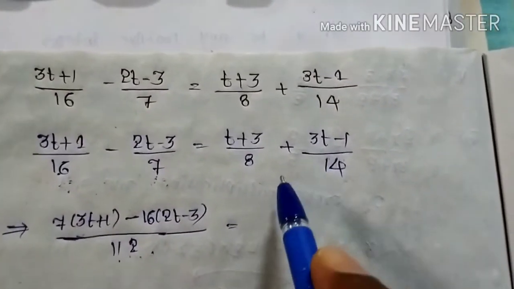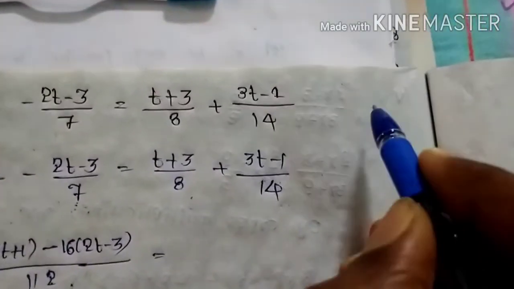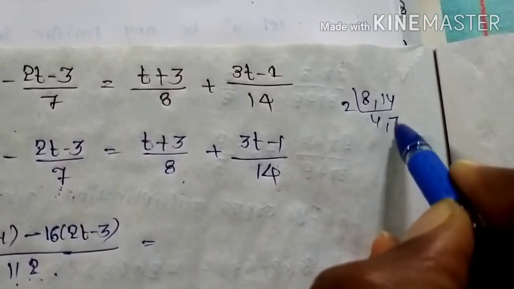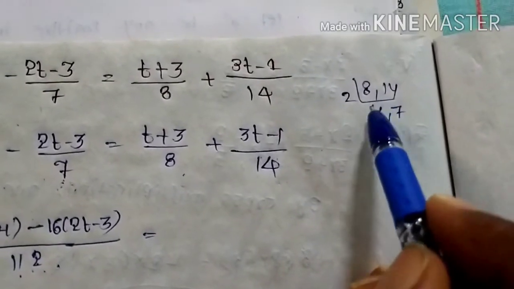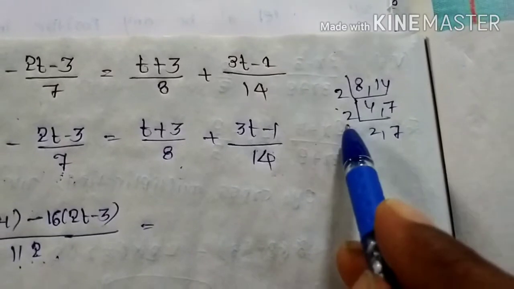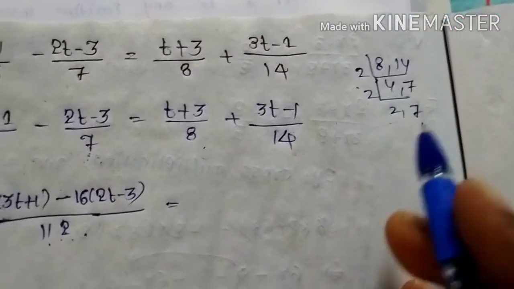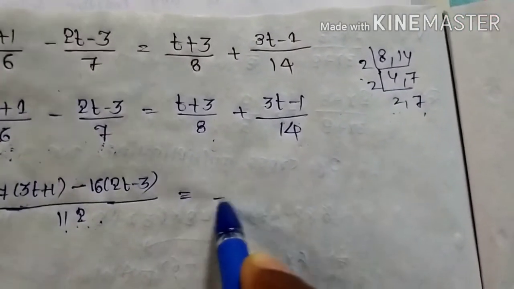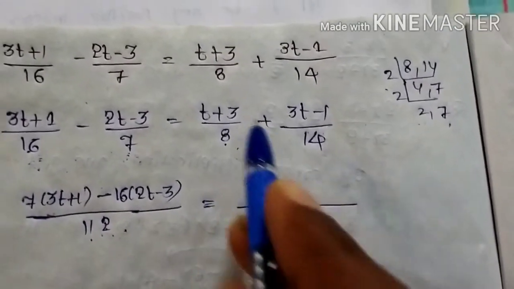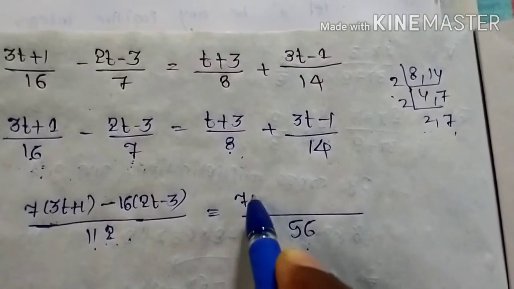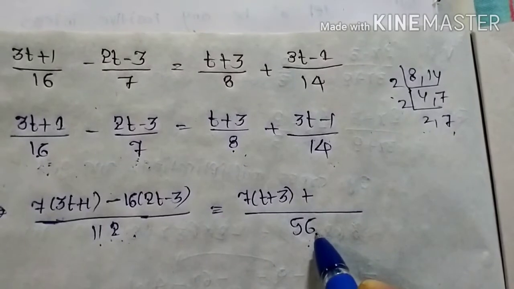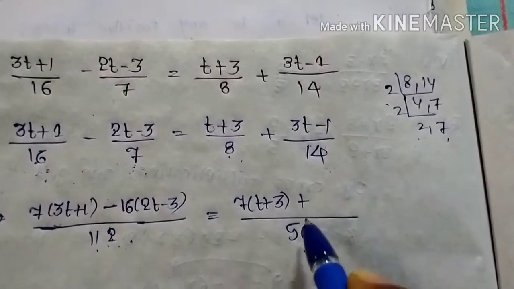See here also you need to find the LCM of 8 and 14. What is the LCM of 8 and 14? You can find it here. 2 4s are 8, here 2 7s are 14. Yes or no? If you want you can write here 2 2s are 4, 7. 2 2s are 4, 4 2s are 8, 8 7s are how much? 56. So you can write here the LCM is 56. See 8 7s are 56. So you can write here 7 into (t plus 3) plus here 14 4s are how much? 56 or not? So you can write here 4 into